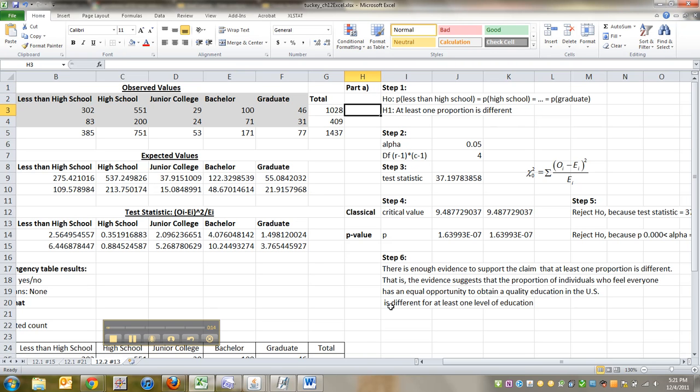All right, so basically the evidence suggests that the proportion of individuals who feel everyone has an equal opportunity to obtain a quality education in the U.S. is different for at least one level of education. Okay, some people feel differently, especially if you have more education, you might feel, for example, that there's more access to it. Okay, so now we need to answer the other question they had, which is, let me go back